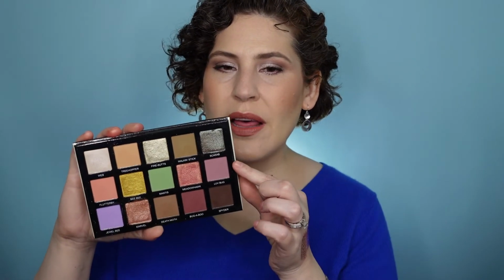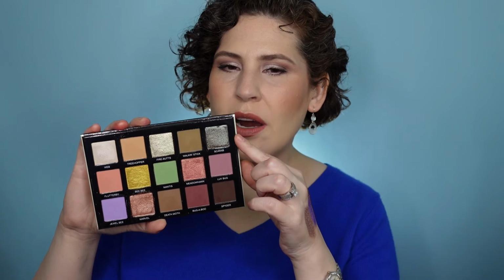I do also, once it started getting a little cooler, I was living more in this cooler section with the more plummy mauvey tones. I have used this so much, and because it has my favorite formula, I couldn't believe how much I was continuing to reach for this. Number 4,